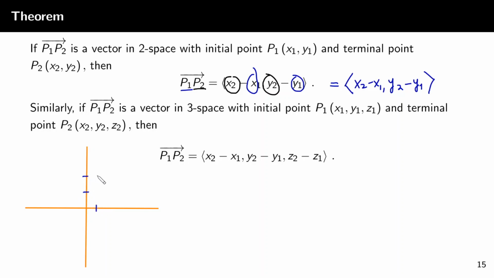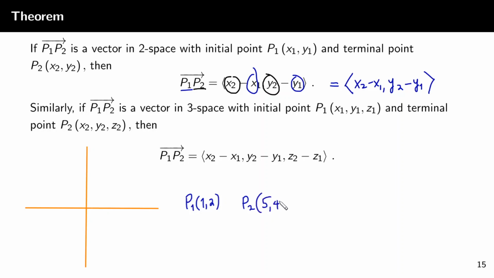It has coordinates. So P1, it has coordinates 1, 2. And then I have another point, which will be the terminal point. It has coordinates... Let me redraw everything. Hindi equal spaced yung mga tick marks ko. Okay. So let's start with, so I want P1 to have coordinates 1, 2, and I want P2 to have